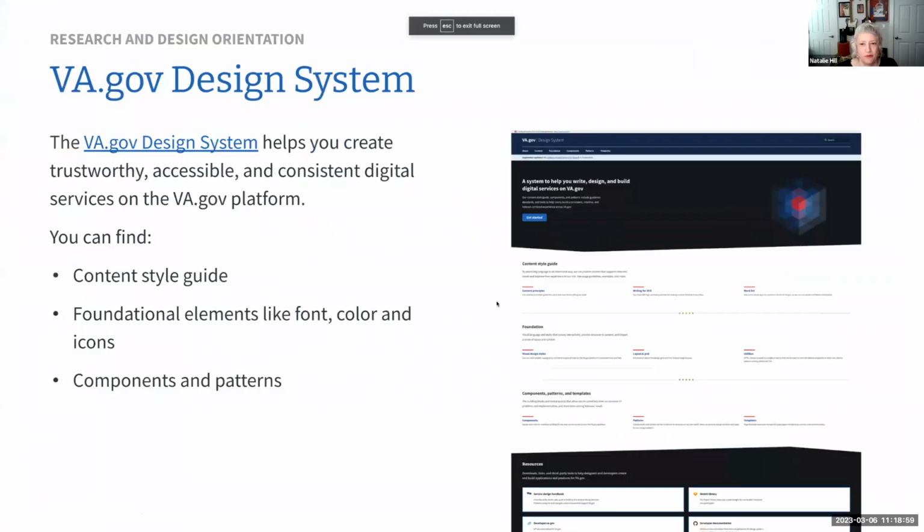I'm going to go through a couple of slides here about the design system, and then I'm just going to dive into design.va.gov. So the design system will help you create